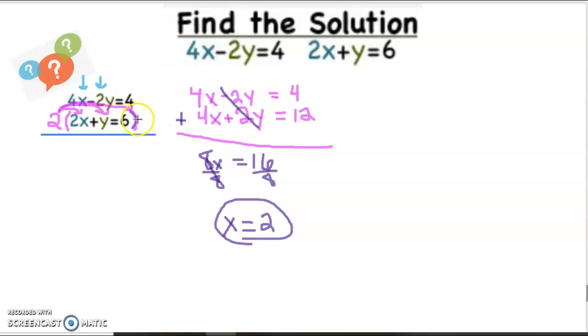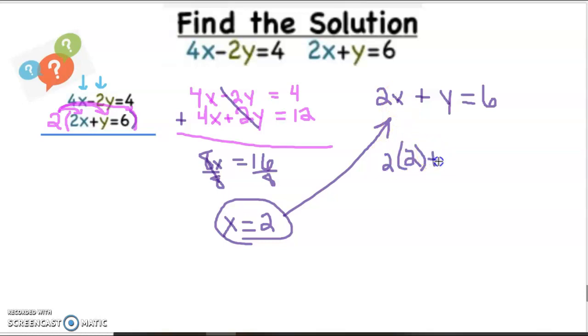I go back to my original equation. You can choose either one. I'm going to choose the second one, 2x plus y equals 6. And I'm going to now substitute in the value of x in for x in the equation. So instead of 2 times x, it's 2 times 2 plus y equals 6. And I do want to specify the reason why I chose the second equation is because